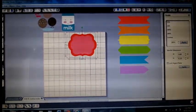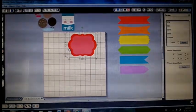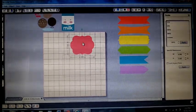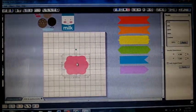I'm just going to ungroup it because I actually only want one of these. So I'm going to click the bigger one and delete it. So I only need one. Then I'm going to bring it onto my page,